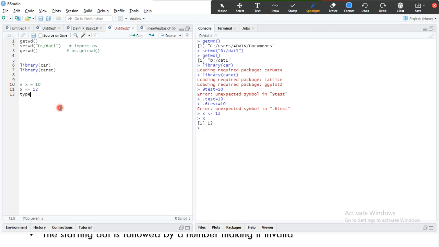Here is something called class. There is a method called class. When you pass the variable x to the class, it will show you the data type, numeric. What is numeric?